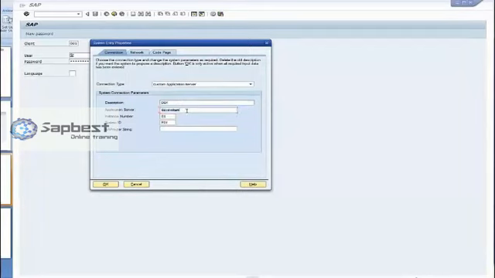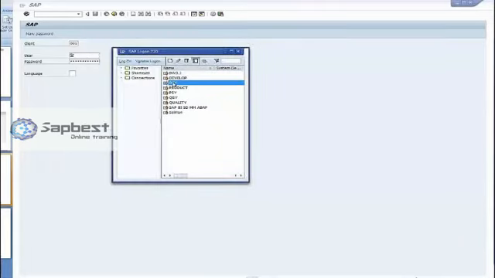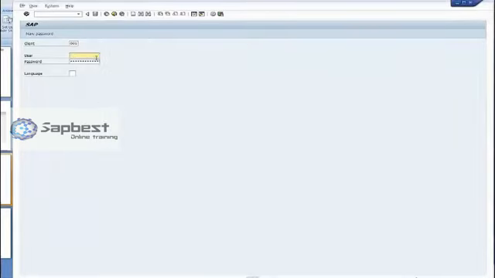Then I give the application server name or IP address. This is the server's host name, the Unix host name or Windows server name, and the instance number and system ID. This server is in the same network or subnet, so I don't have to give the router string. When I log in to the server by double clicking this, I will get a screen like this.